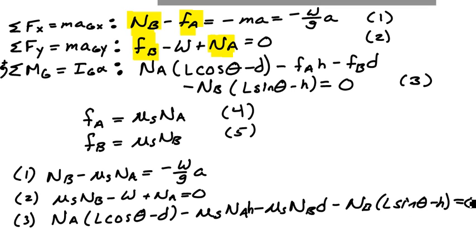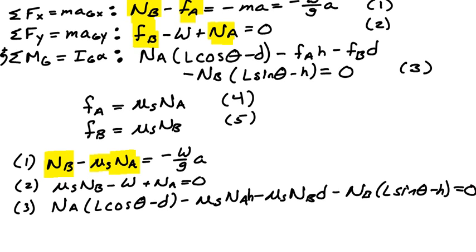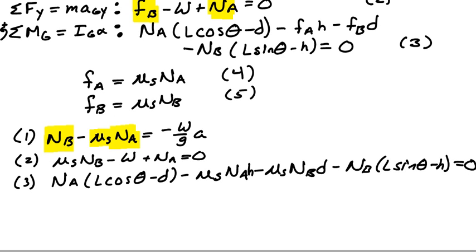If we look at these three equations now, we quickly realize that we have three equations with three unknowns. This is a solvable set. Namely, we don't know NB, we don't know mus, and we don't know NA. So we can go ahead and use our powers of algebra, which have been well developed for us at this juncture, and solve for those three quantities. We can get NA and NB, two quantities that were not explicitly asked for, but might be helpful in a design phase. And most importantly, we can get the coefficient of static friction μs, which is what you're asked to find in this problem. I know you guys are masters of algebra, so I'll just go ahead and leave us here,